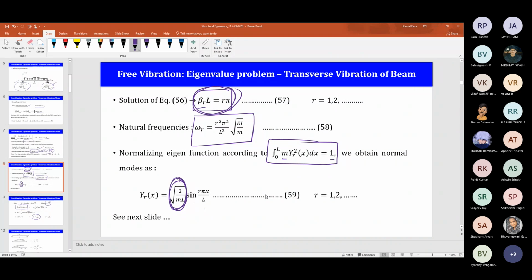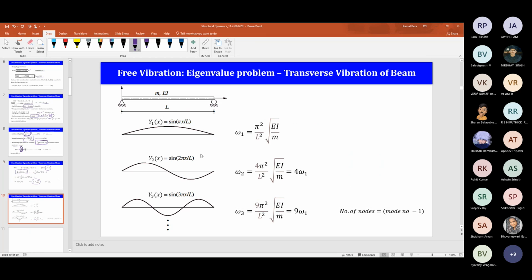Okay, so a similar approach we can do for other boundary conditions. Next we are going to do the cantilever beam, but we will see that it is very difficult to obtain this factor analytically for the cantilever beam. So obviously we are not going to discuss that in this class. You can numerically try it by writing some MATLAB code or something else.